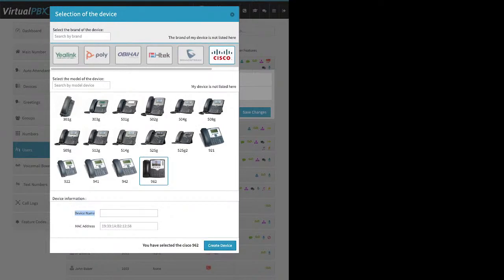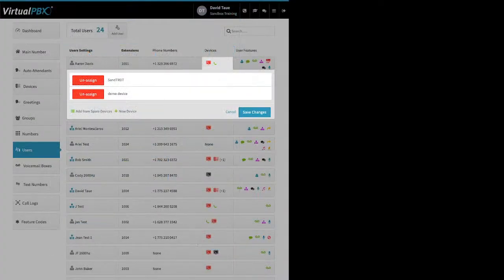Down here, you give it a name. I usually say, in this case, Aaron's phone, or a location, like warehouse phone, that sort of thing. Then you need the MAC address. This is unique to each device. Typically it's a sticker on the back of the phone. If the phone's plugged in, you can also find the MAC address typically under its status settings or basic settings. You enter that information here and click on create device. Now, once the device is created,